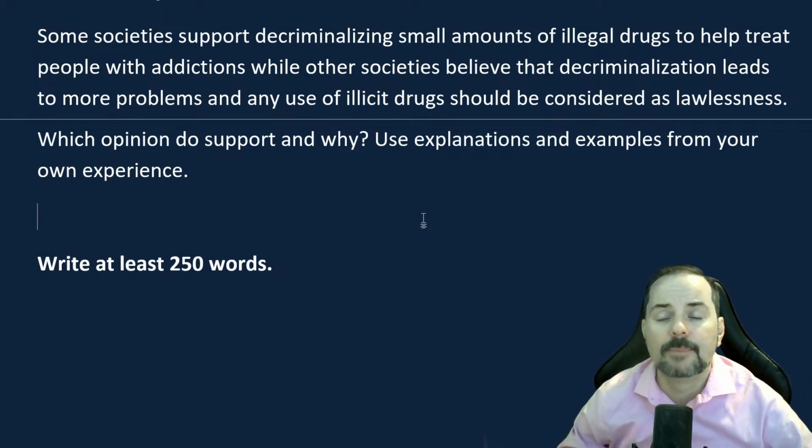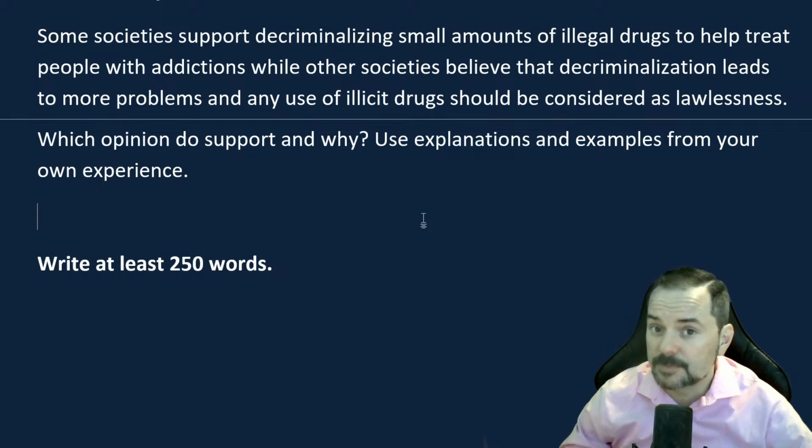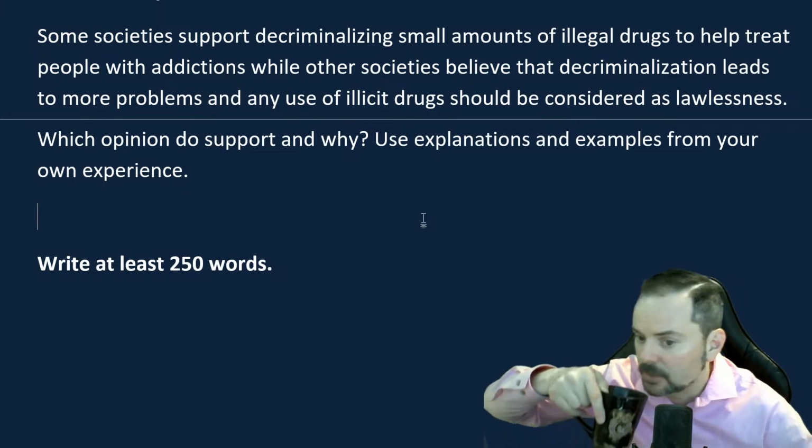Okay. Band 7, 8, 9 writing means that the student is thinking about their writing, not so much about the English. Just like in the speaking, a band 7 is good English. So you're not really thinking about your English too much. You're thinking more about the content, how to put it together. Okay. That's important to understand.